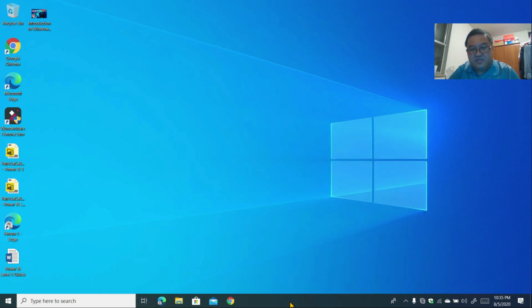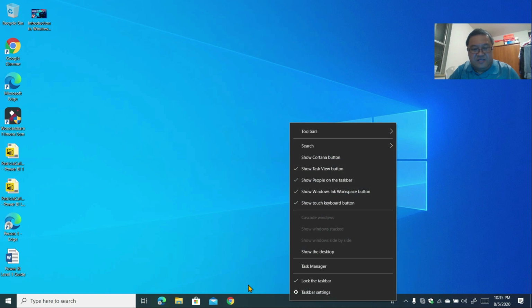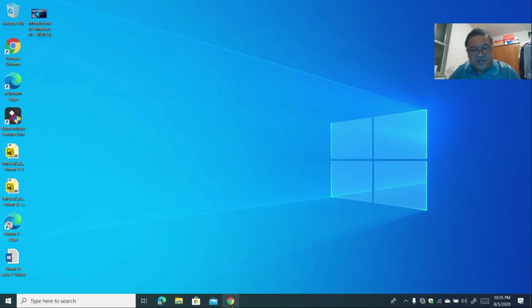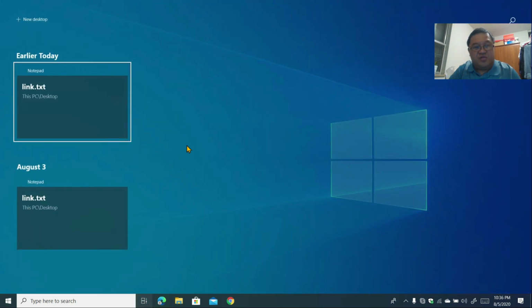Okay, and then in the search button, these are the default icons once you install Windows 10. So you have this mail, and then you have this, what do you call this one, the Windows Microsoft Store, and then you have this folder, the file explorer, and then you have the Microsoft Edge. Okay, and this one is another icon for task view. Once you click this task view, it will show you